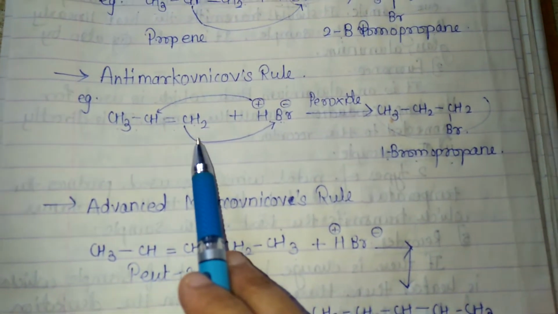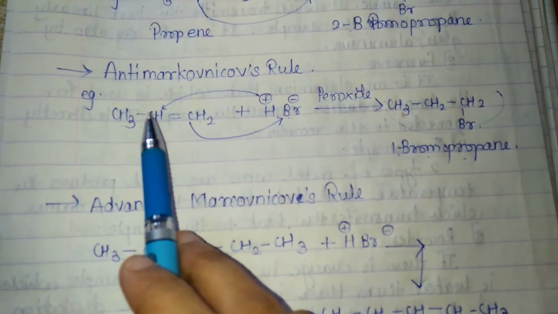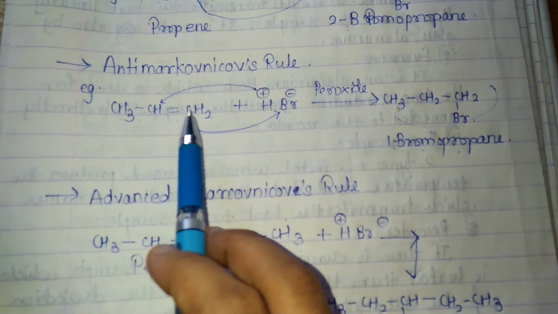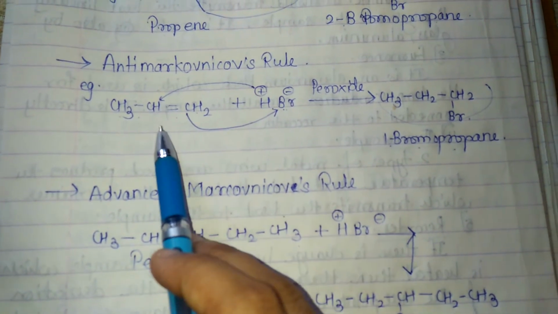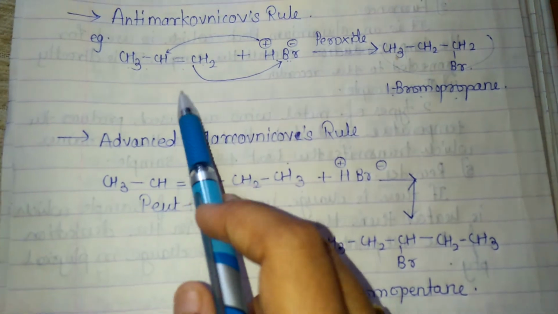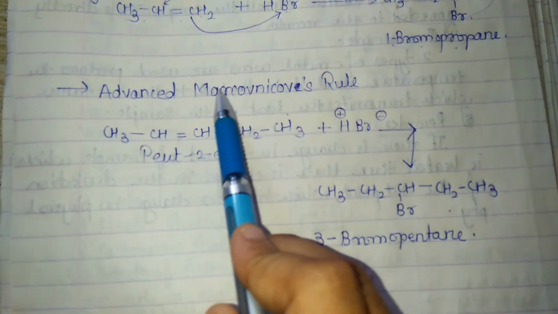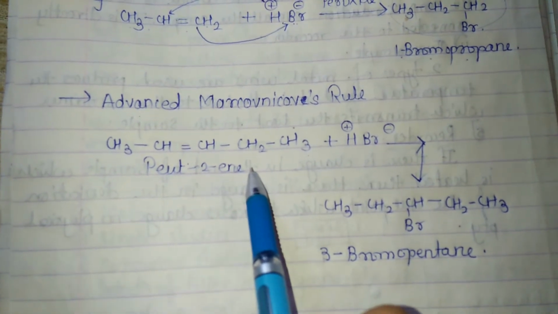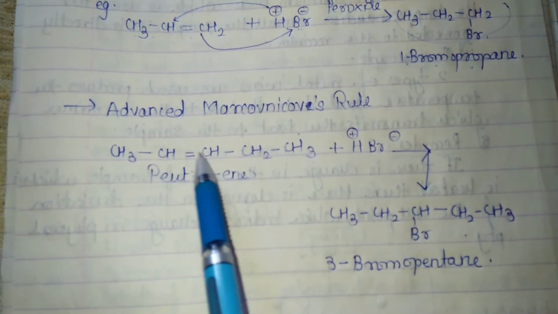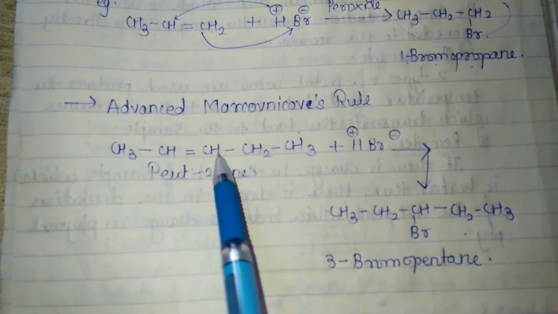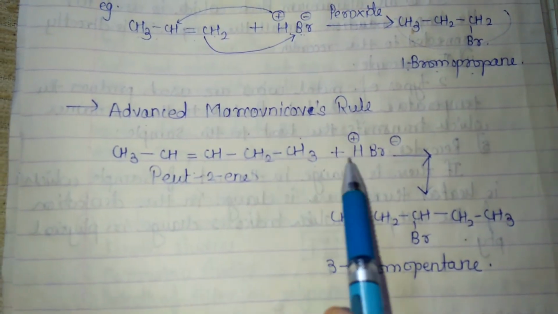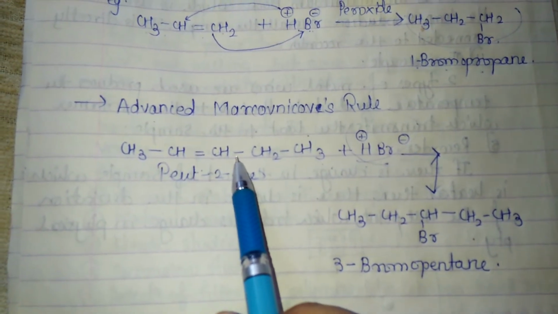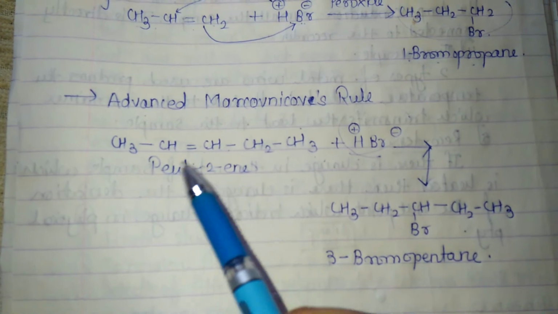But sometimes the number of hydrogens on the carbons which bear the double bond is equal. So what can we do in that condition? In that condition we can use advanced Markovnikov's rule. We are taking the example of pent-2-ene. In this case both carbons contain the same number of hydrogens, and we are adding an unsymmetric reagent to this alkene. So how will it attack,